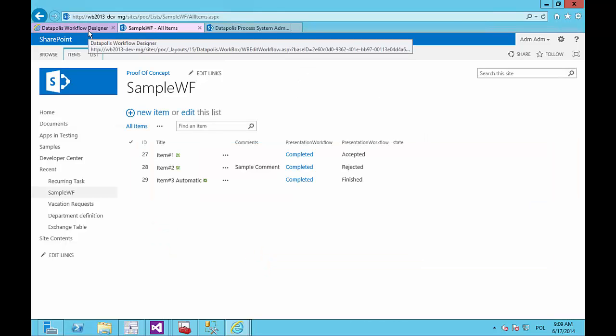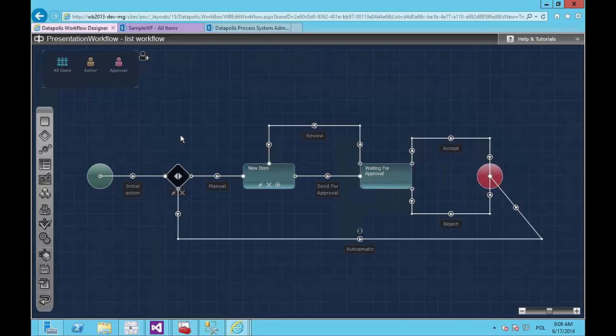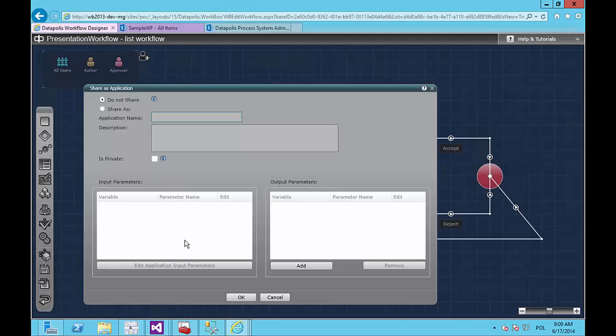For example, if you would like to reuse this process, because you will find it useful in other different processes, you can turn it into an application. You can easily do it just by selecting this icon and selecting this option. There are different options to configure here. You can put a custom name, description. You can make it private